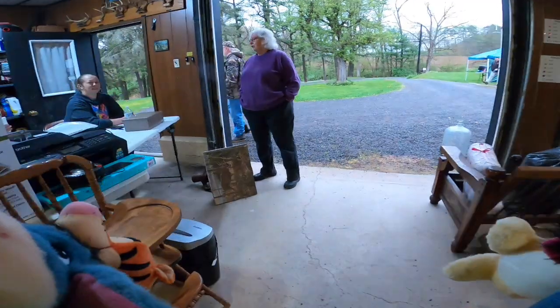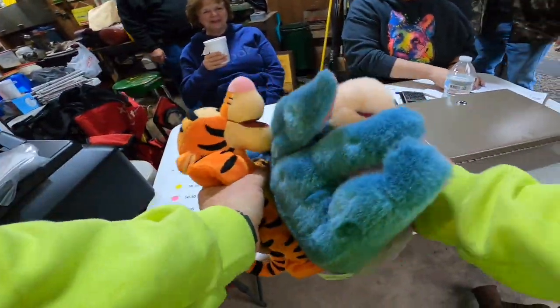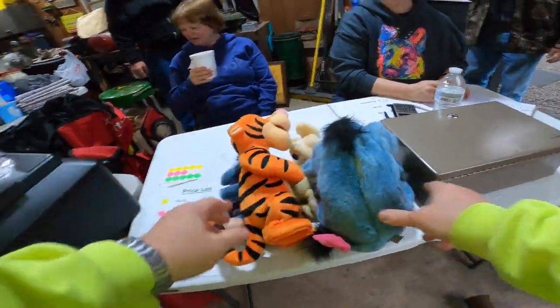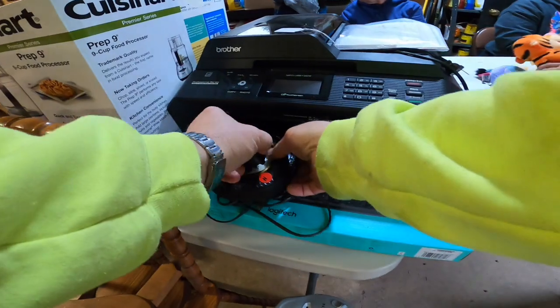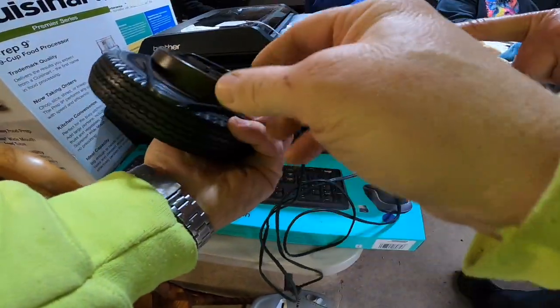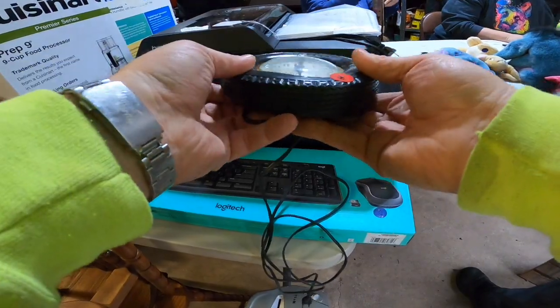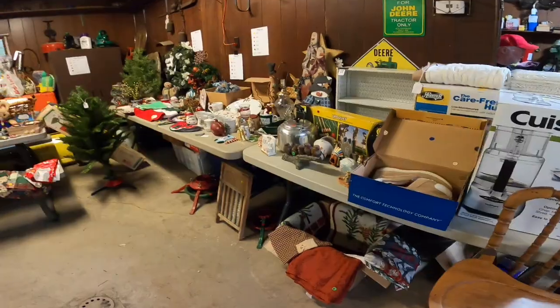All right, here we are. I got some plush. Getting ready to check out here. I think I spent $37 total here at this sale, and sold a couple of the items already. They're done. Here, I was looking at that clock. It looks like I re-edited there. But it was a pretty good sale. I didn't have a lot of time, so